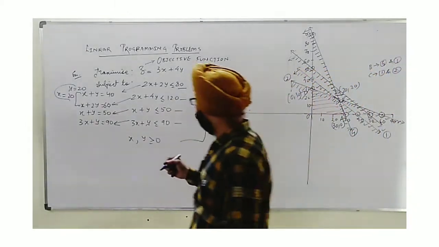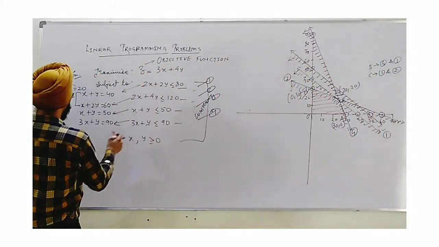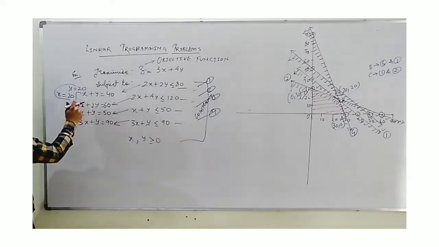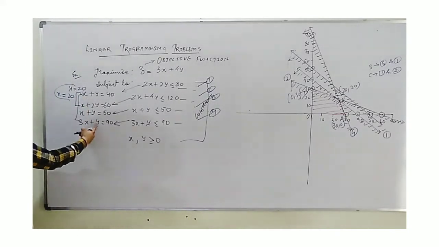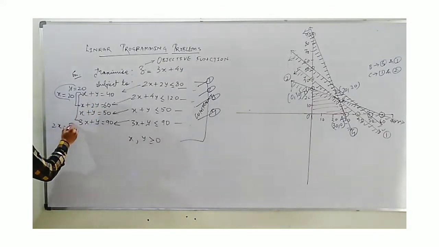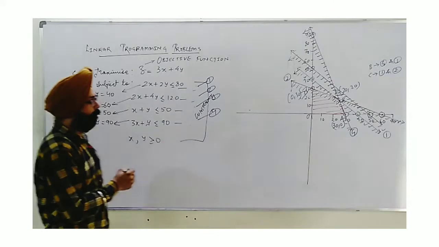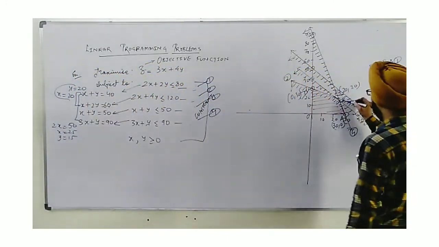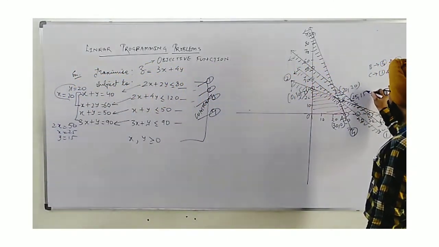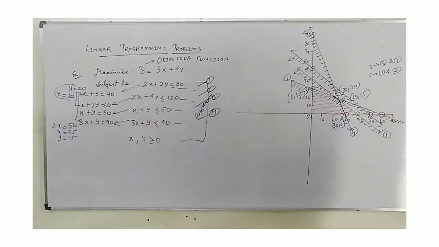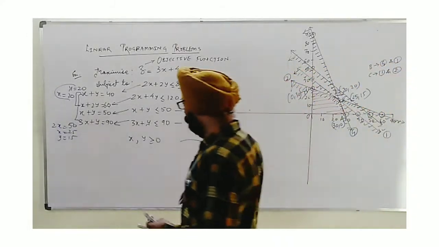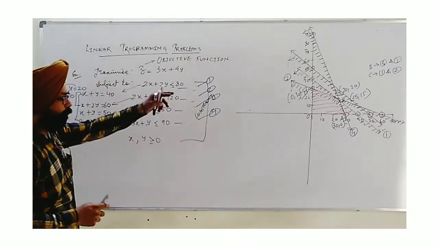Now we will solve 1 and 4, means first and last. So 3x plus y and x plus y, these two we need to solve. Subtract: y and y cancel, 3x minus x is 2x, 90 minus 40 becomes 50. x comes 25, and putting that in, y becomes 15. So 25, 15 are the coordinates of B. Why these coordinates are a must, you will come to know now. I will show actually. All these points we have obtained.